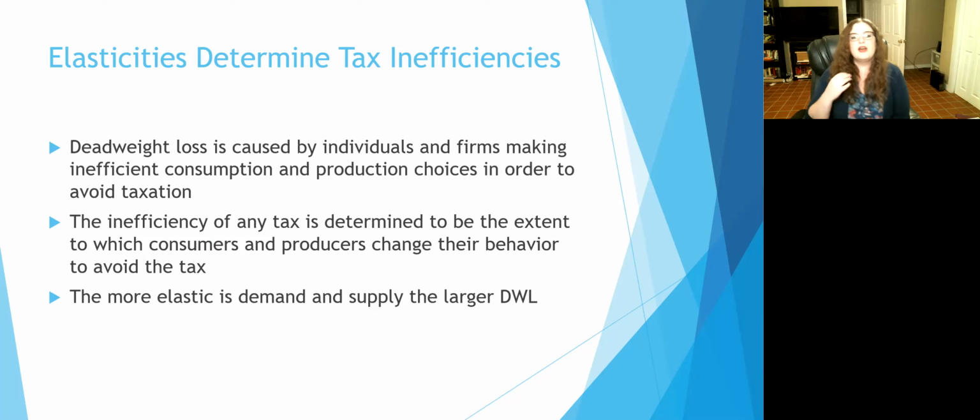Right? So if they're having inefficient consumption decisions and it's not where they would have otherwise operated without either this externality or this tax or this subsidy, then that means that there is a loss to the total amount of surplus, right? The inefficiency of any tax is determined by the extent to which consumers and producers change their behavior